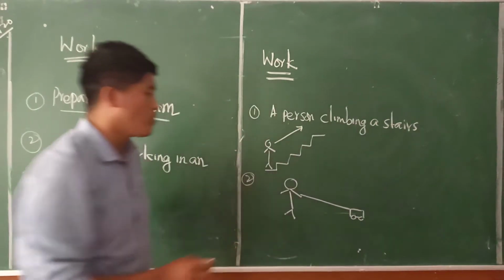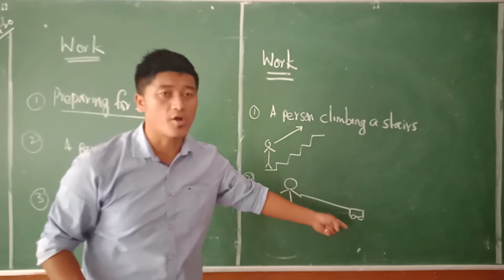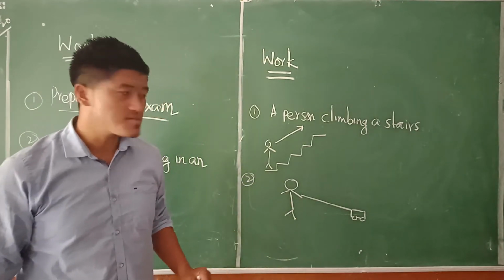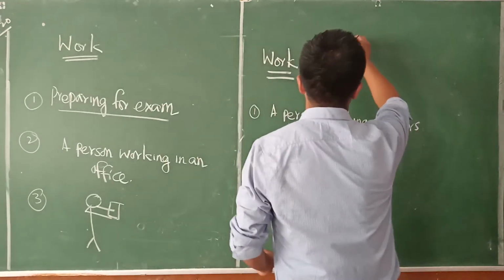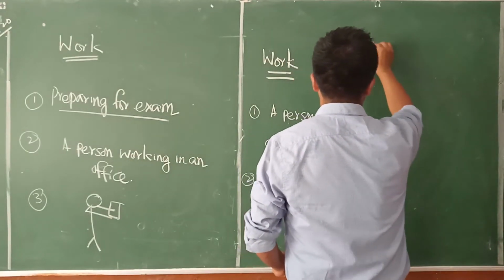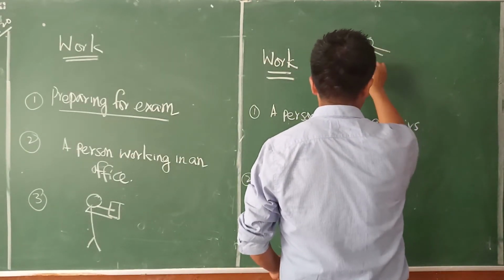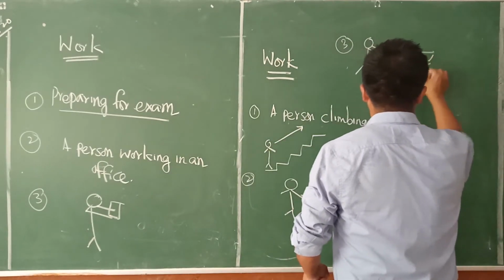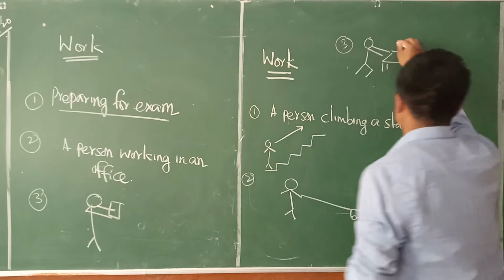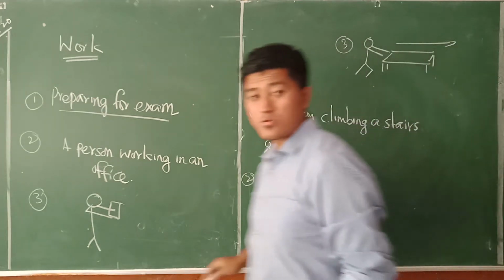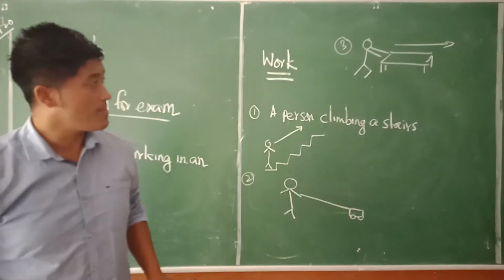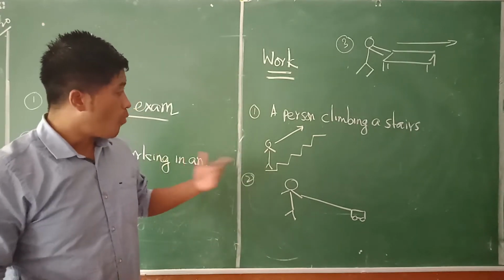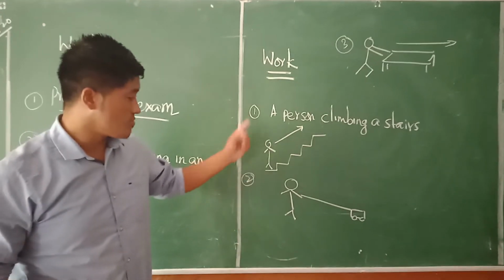there is a small boy and he is pulling his own toy car. We used to consider this as a work done. Understand? And in the third case here, there is a person who is pushing a table. Now in all these three cases here, what we used to consider is that in all these